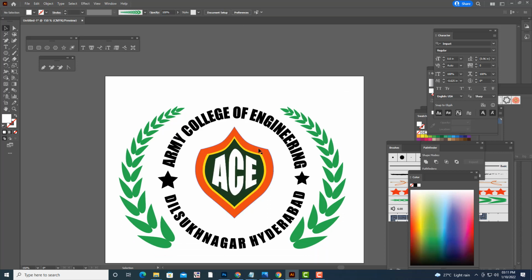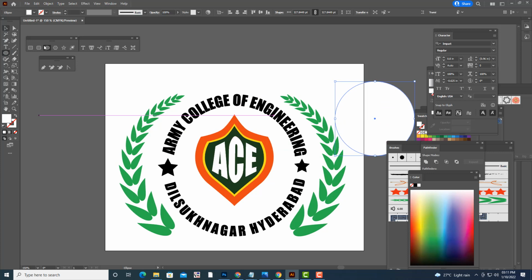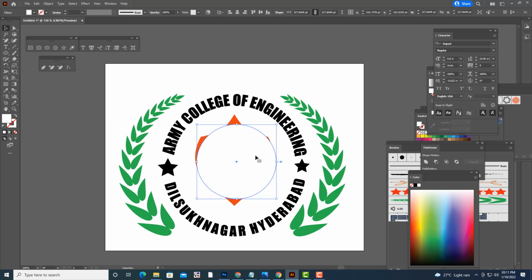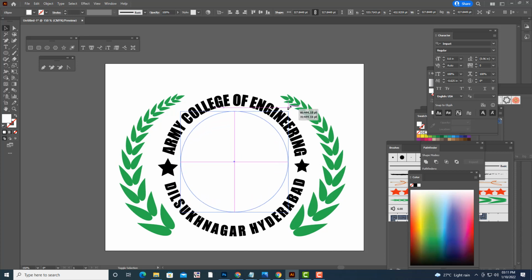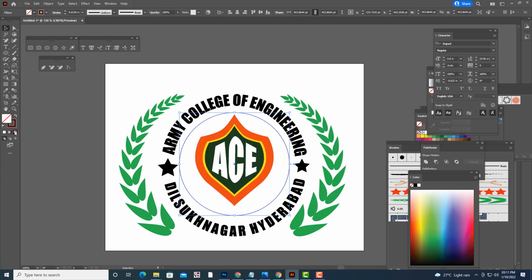So to give it a little bit of attraction, what we can do is, see, we will actually take an ellipse here. We'll give it an outline and we'll turn off the fill, right?